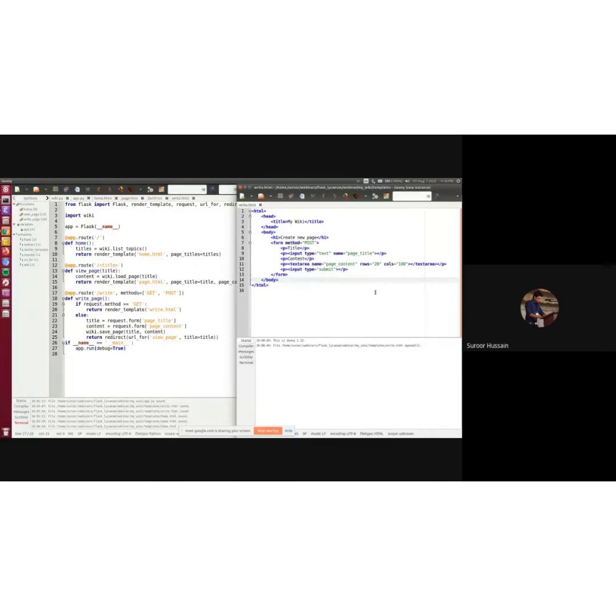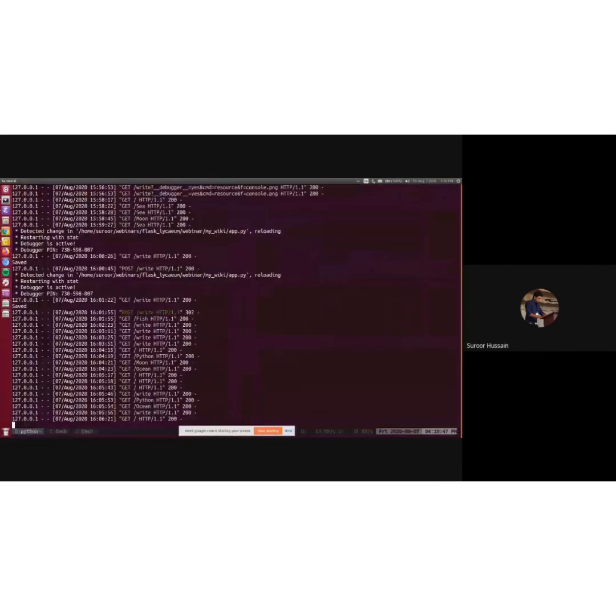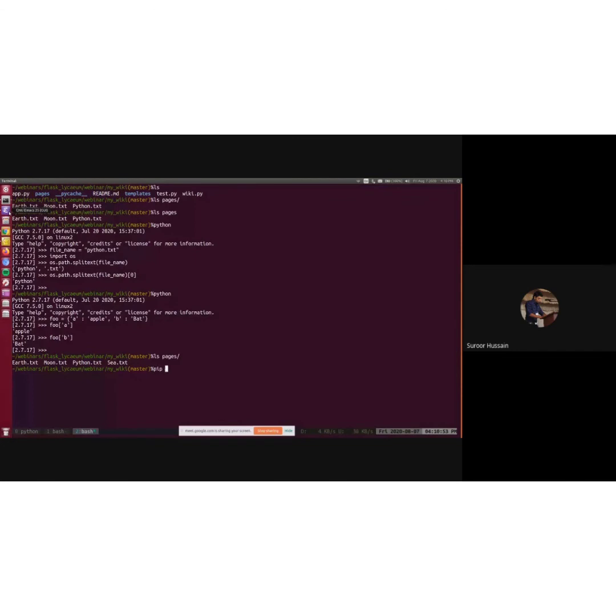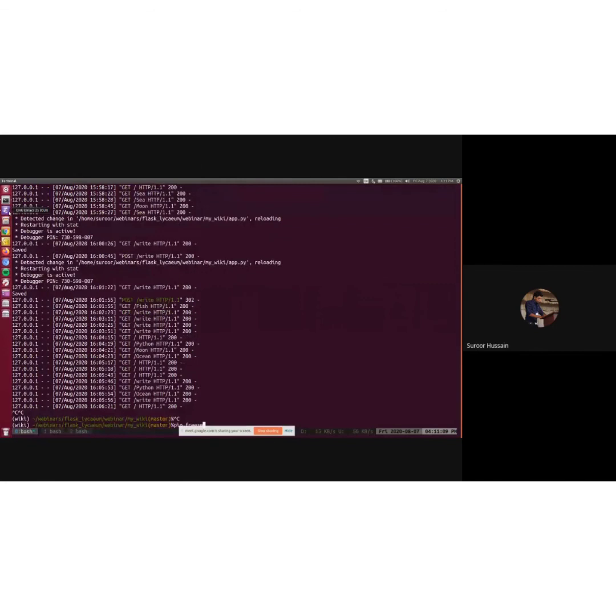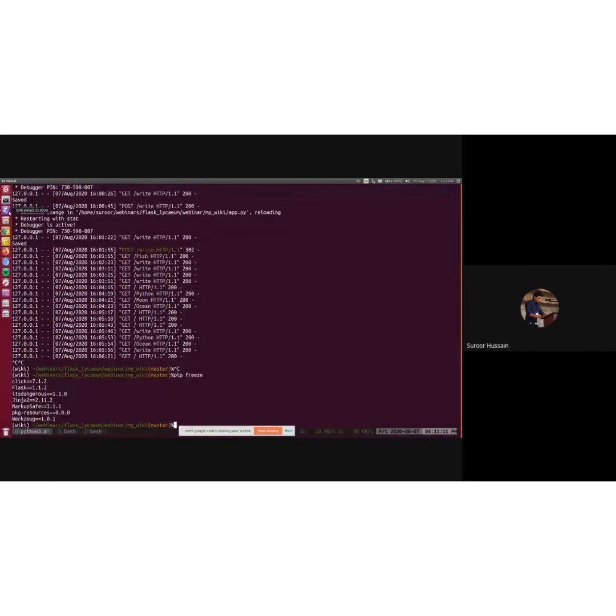Virtual environments are mostly like, so we are developing using Flask here, right? So Flask, let me just check the version. We can do that. Pip freeze. Oh, sorry, I haven't activated it, right? So if you look at this, these are all the things that are installed right now